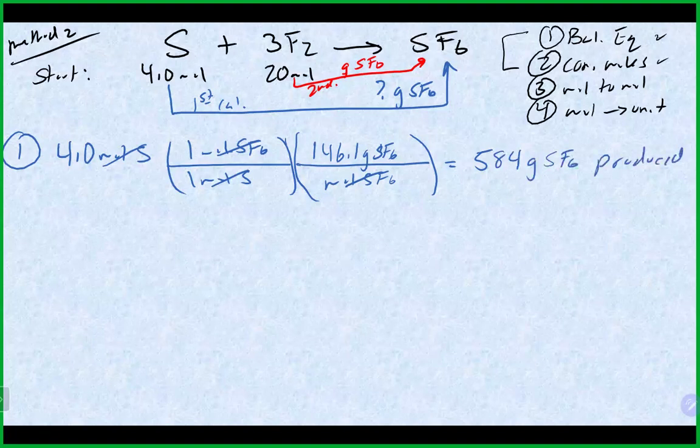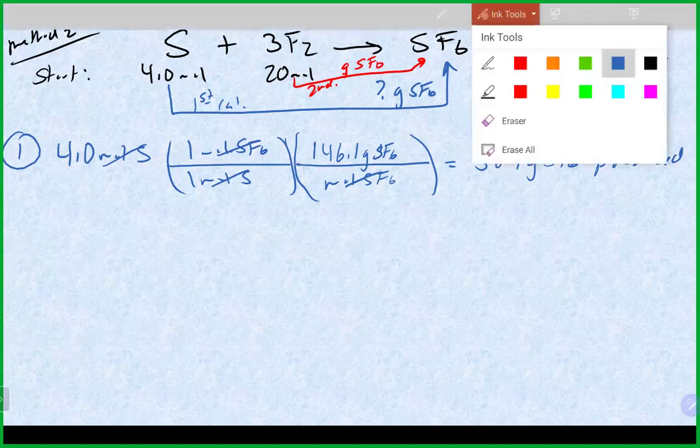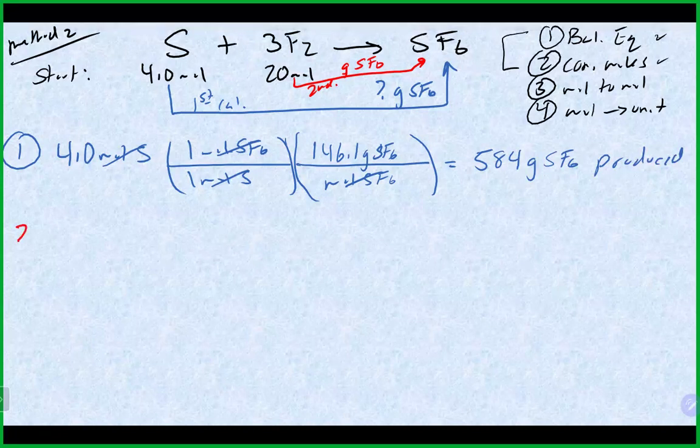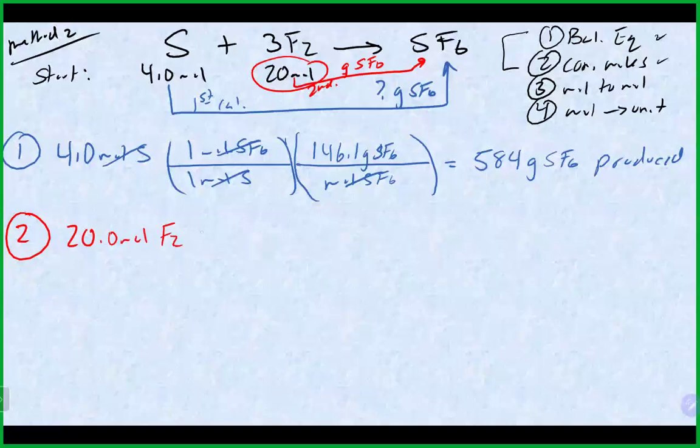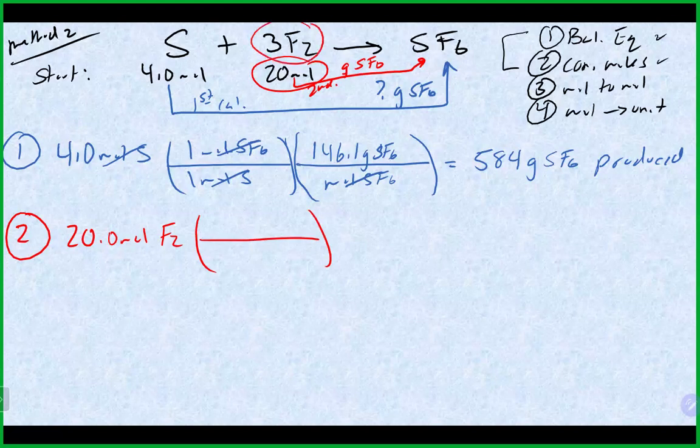So that would be the first calculation you do, just a basic 4 steps from the first reactant to the product and figure out how many grams it would produce. Then you would go back and do your second calculation, starting with your other reactant, and do basically the same thing. So we would start with our 20 moles of F2. We would do our mole-to-mole relationship between F2 and SF6, and that is 3 moles of F2, 1 mole of